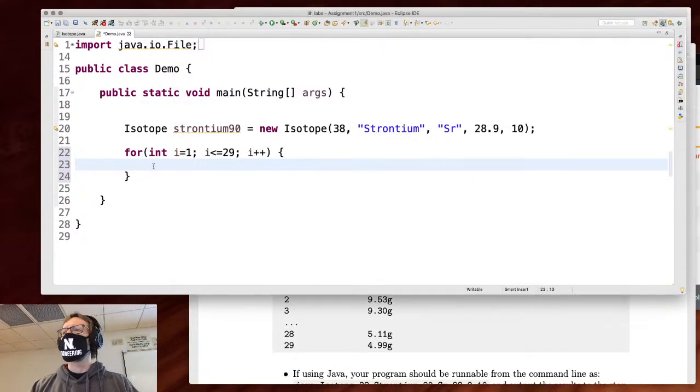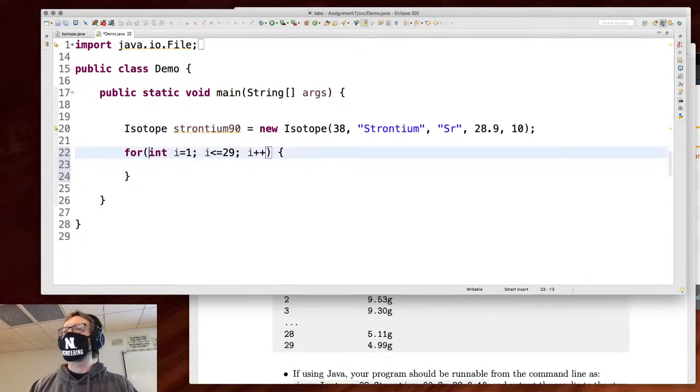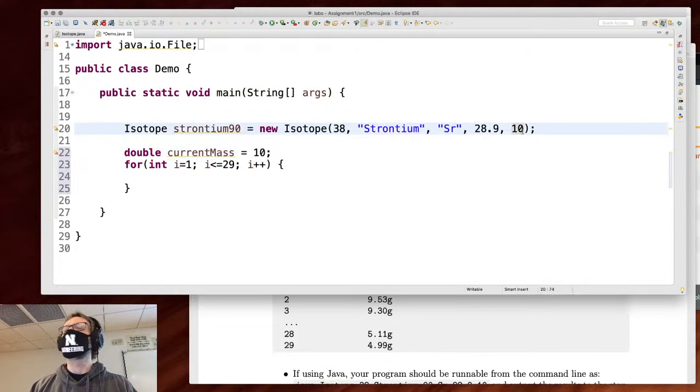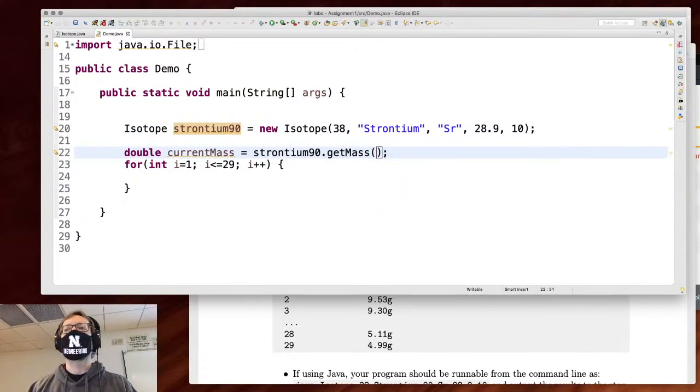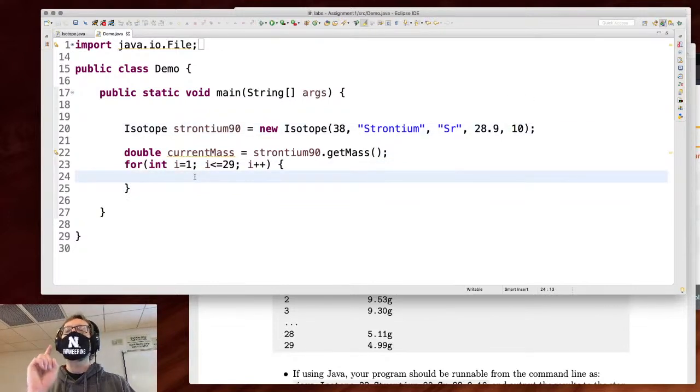All right. Let's go ahead and have a double current mass. And what should I initially set that equal to? Well, 10, because that's what I set it equal to up here. But I could go ahead and grab that out of the isotope, dot get mass. There we go. So there's the current mass. We start out with 10 grams of strontium here. Now after year 1, in fact,